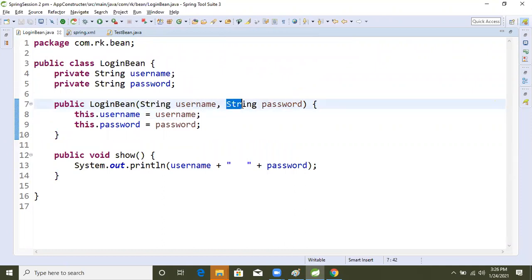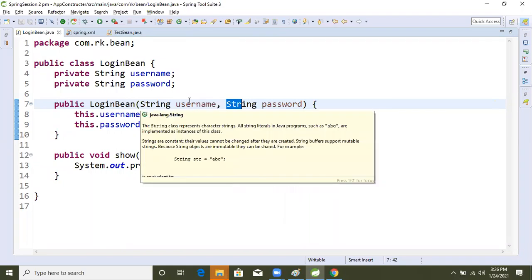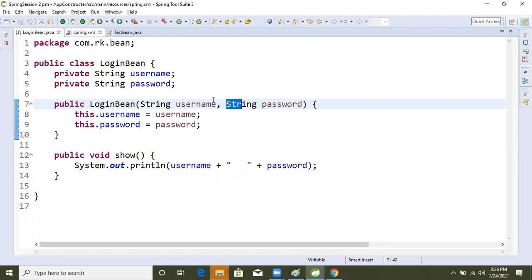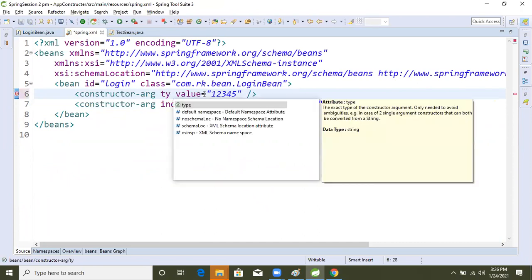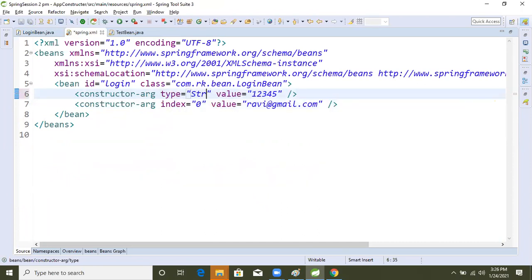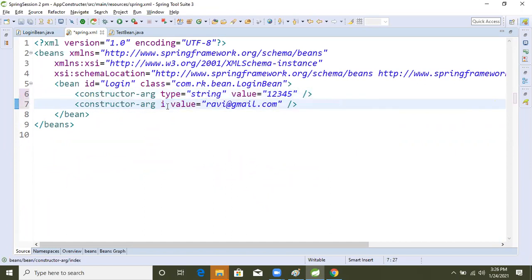Let's see that first problem. Now I'm taking type as string, and here also I'm taking type.